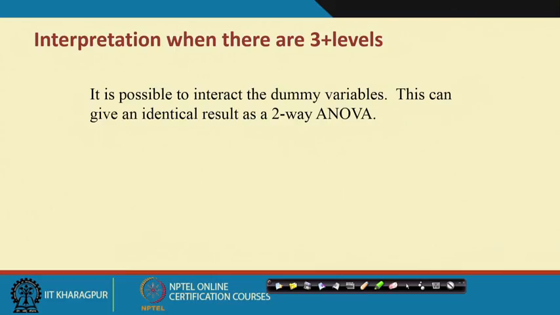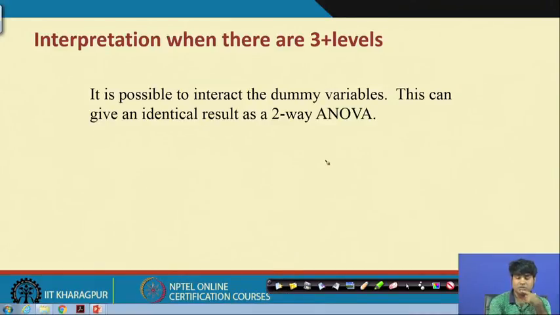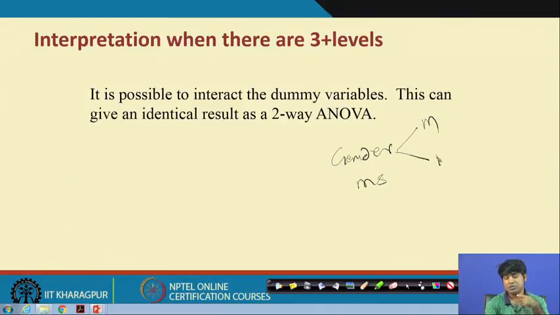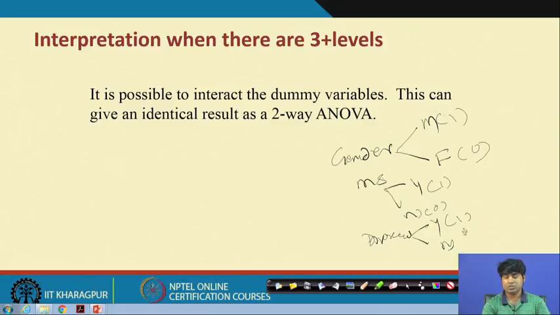So, that means starting with, let us say, like this, genders and marital status. Here the gender status will be male female, and then marital status yes no, and then divorce, so it is also yes no. Now in the case of gender, male female may be represented as 1 and 0, and this can be 1, this can be 0, and this can be 1, this can be 0.